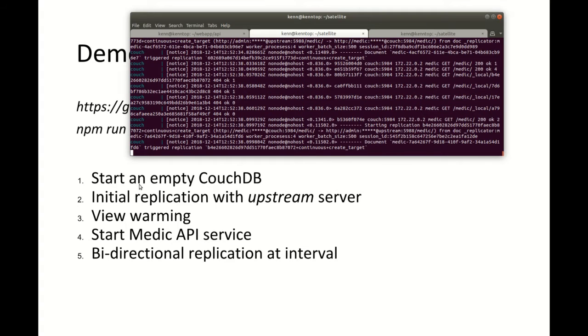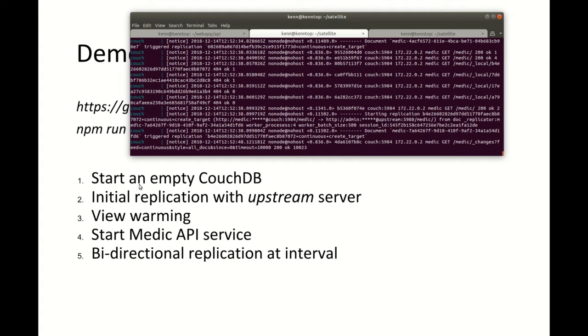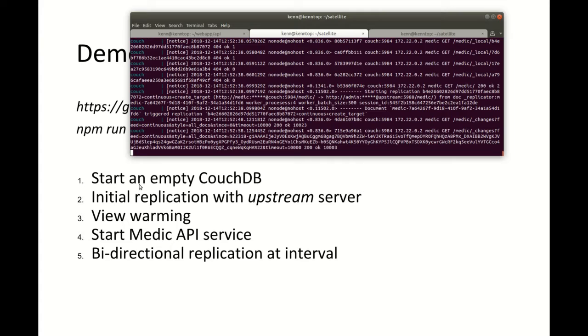In this case, I'm using demo-cht.dev. And then it'll do some view warming for performance reasons, and whenever all the data is in place, it'll start up the Medic API service and perform a continuous bidirectional replication. So this is just a fancy way of saying that it's a local cache that will sync data in both directions and do its best effort in order to keep data in sync with the actual version that everyone else